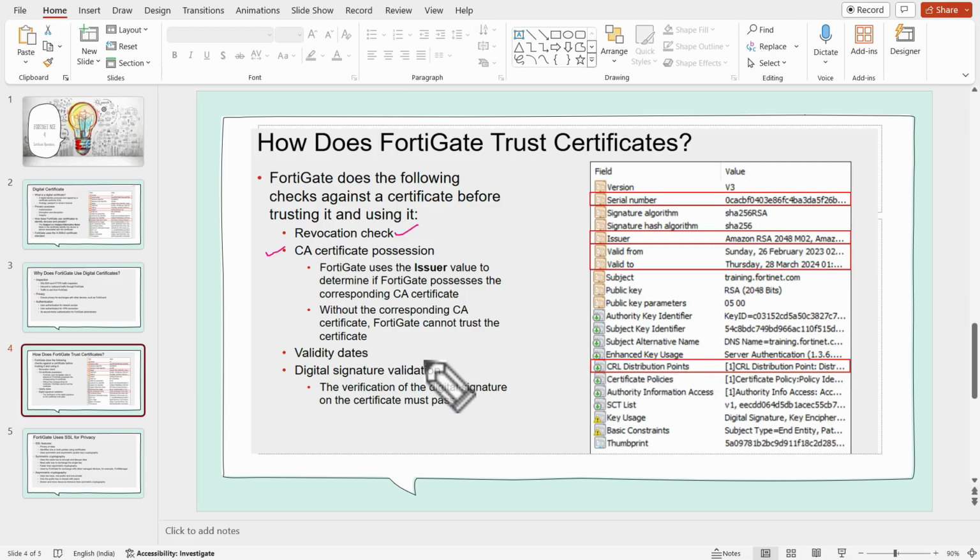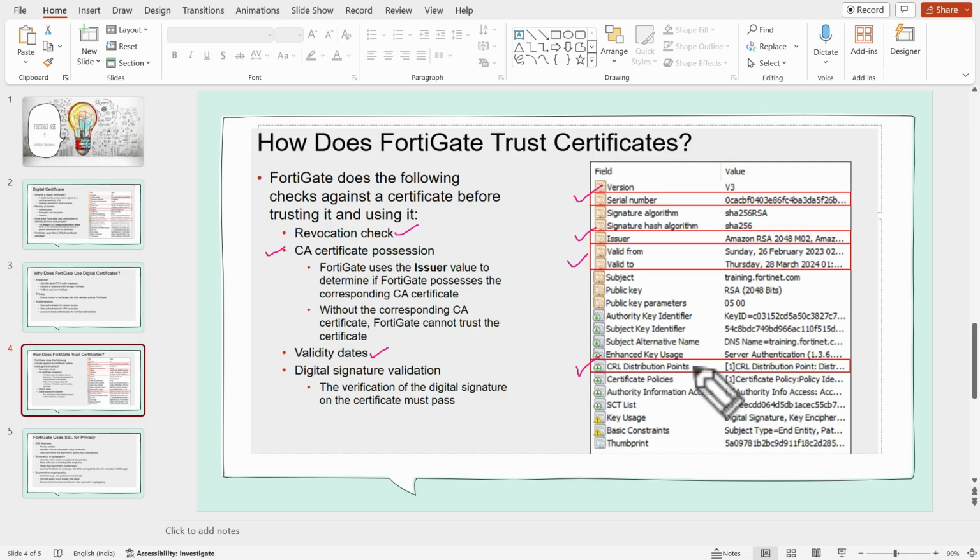And then the validity date. So this information shows how it trusts the certificate: the serial number, who the issuer is, meaning whether the issuer is valid or not, and valid from and valid to, meaning the certificate expiration dates, and the CRL, which is the certificate revocation list.